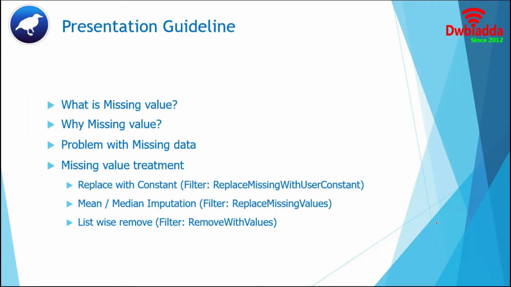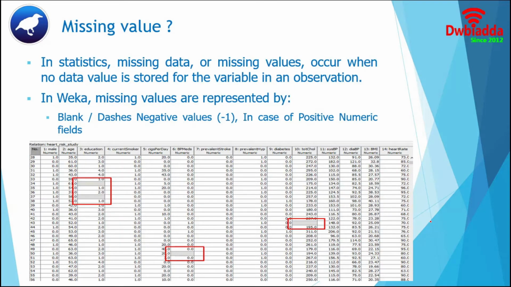In this presentation, we will start with the interpretation of missing data. Then follow the reasons and effect of missing values in data analysis. Finally, finish the session with different treatment options. We want to start this section with a simple definition. Missing data means incomplete data, whatever the reasons are.